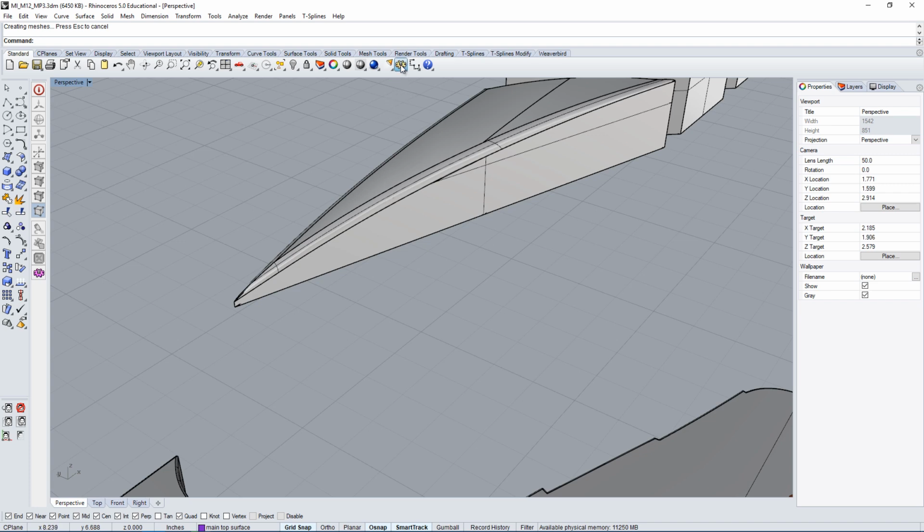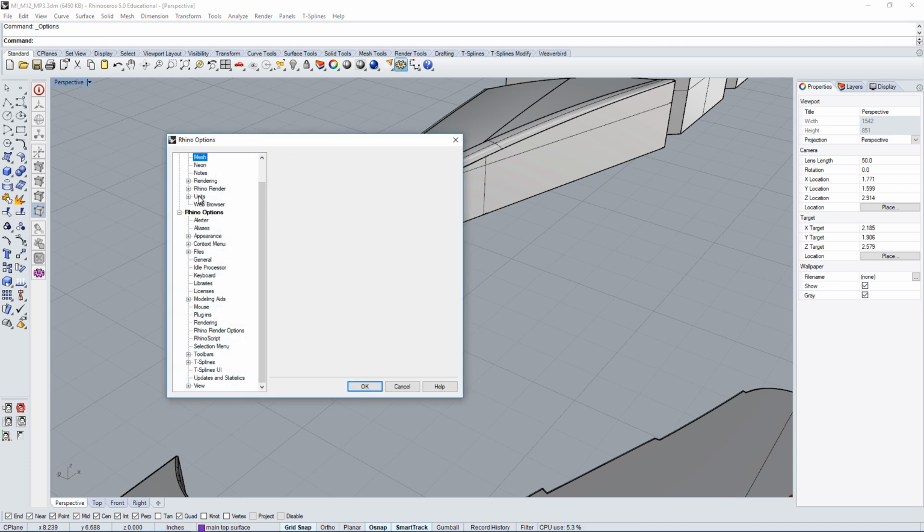Now the other thing you can do is change the quality within your units. Within your units you have an absolute tolerance. Now this absolute tolerance of 0.001 is actually not very good. If you want better tolerances, you would have something like 0.0001, 3 zeros.